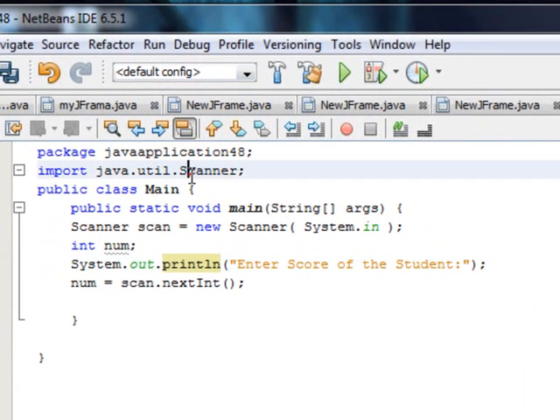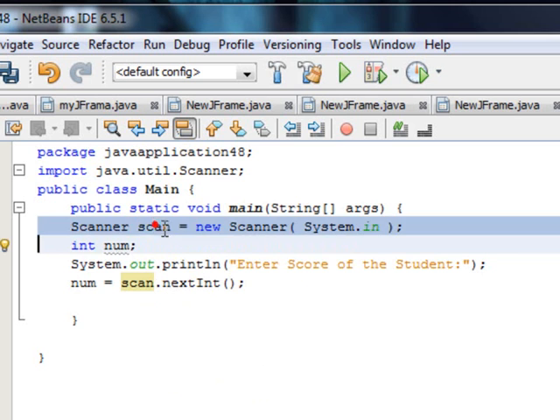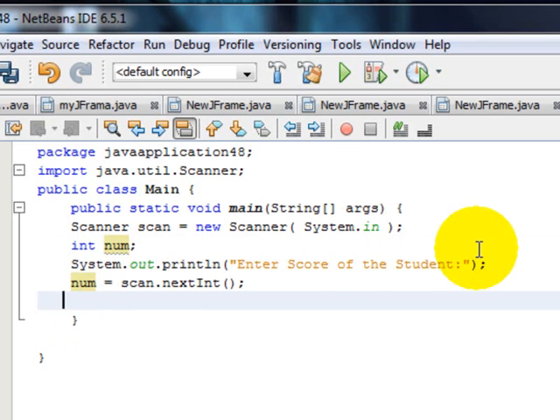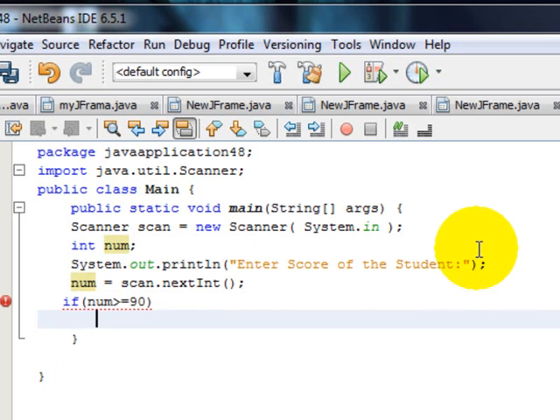First of all, we have taken the scanner class here to input the number, as the user is expected to input the number with the help of the keyboard. We have created an instance of the class Scanner, and we have one variable, that is num, of data type integer, and with the help of the nextInt method we are inputting the value, and we are assigning it to the variable num. Okay, now what we can do is, for the first condition we can write if num is greater than or equal to 90, then the message to be displayed is